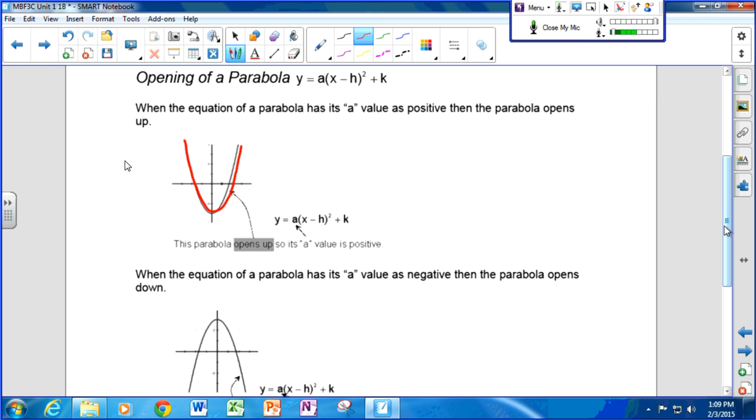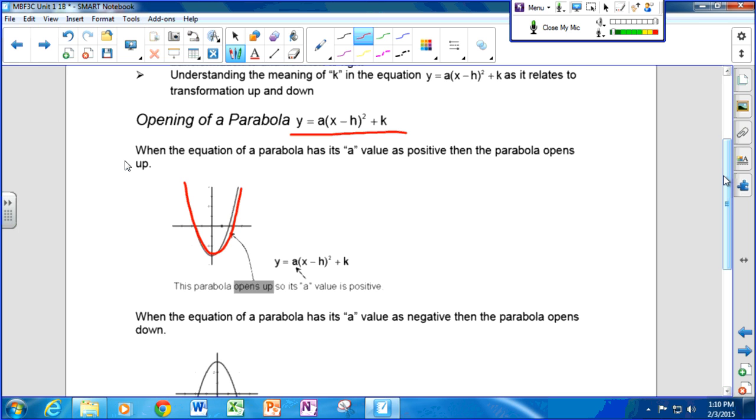Just getting our bearings on solving some equations, and looking at an equation such as this one right here: y equals a times (x minus h) squared plus k. That's an equation, and it may look like just a jumble of letters right now, but by the time this chapter's over, you're going to be able to look at that and tell us quite a bit about it. That's what we're trying to figure out, right? Okay.